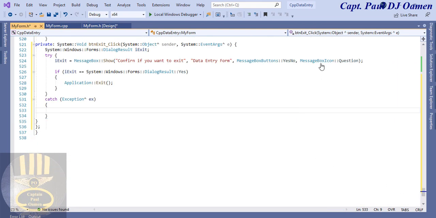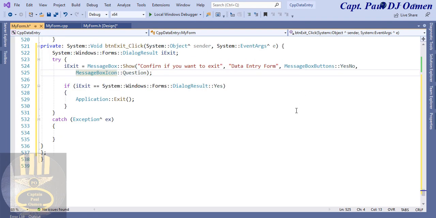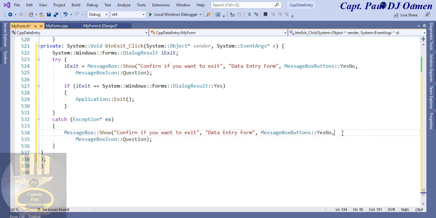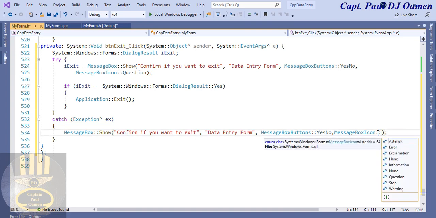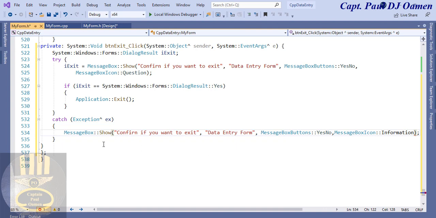Let's do something so that you guys can see it all. Alright, so in here I'm just going to enter a message box. In this case, my message box is going to be as follows. Paste that in there. Bring this message box up here. And the next thing I want to do now is here, instead of Question, I'm going to change that to Information. Click, and that is it. Let's select Information there. And here, instead of all of these, I'm going to get rid of them and just say